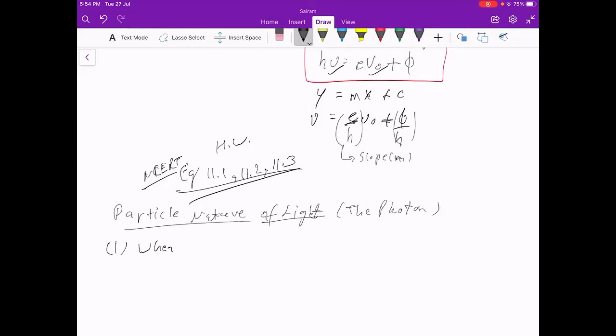When radiation interacts with matter, radiation meaning it can be visible light or invisible frequency. I write light just to understand, but light is used mostly for frequencies which are visible. Invisible frequencies like radio waves, infrared, ultraviolet, cosmic rays, X-rays, microwaves are all actually invisible, but you can call it light in general if you want, right? Light is radiation; other things are also there. So when radiation interacts with matter, it behaves as if it is made up of particles called photons.